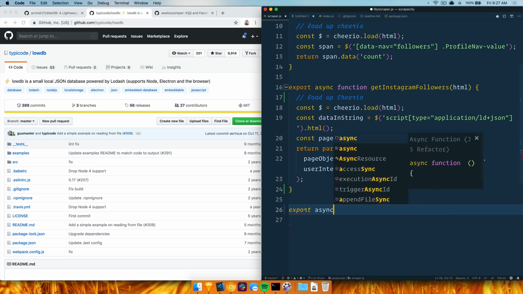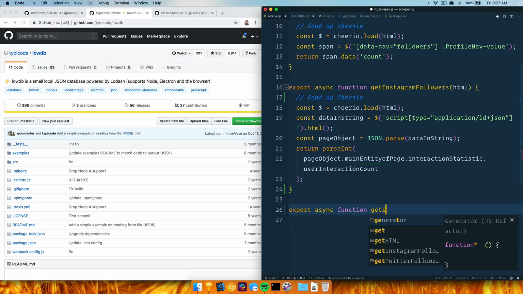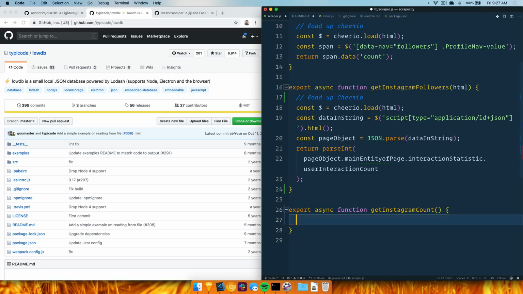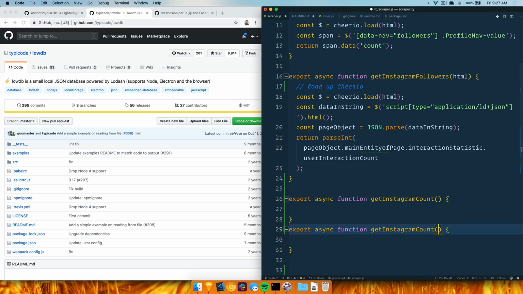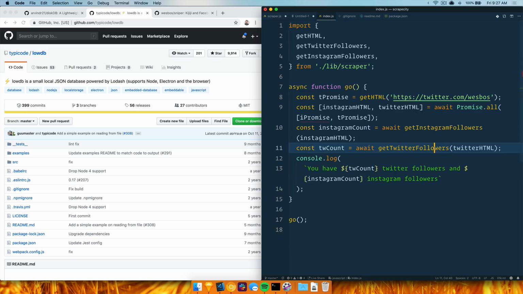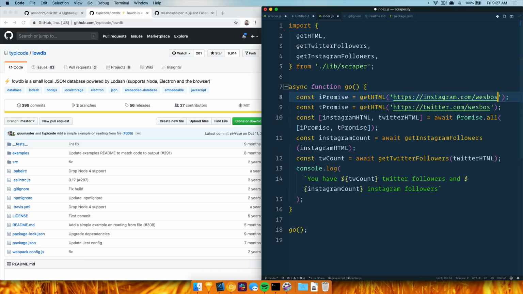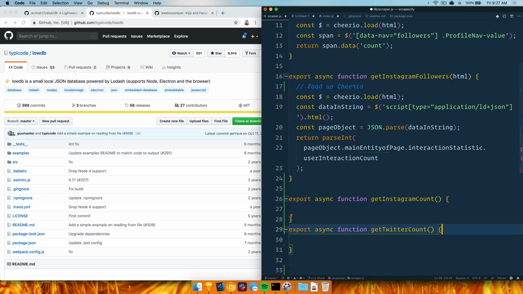So I'm going to export an async function, getInstagramCount, and we'll give ourselves another one called getTwitterCount, and then I'm going to put this in there. So let's do the Instagram one first. What did I actually delete? Here we go. So take this out,